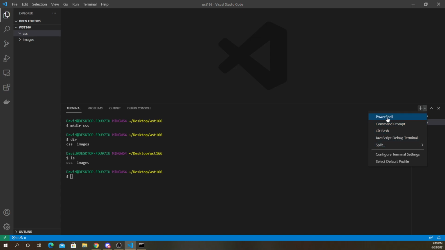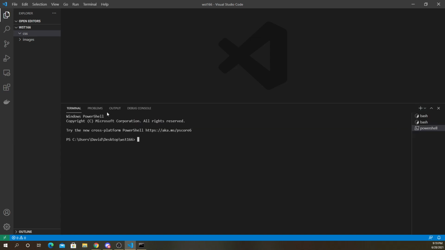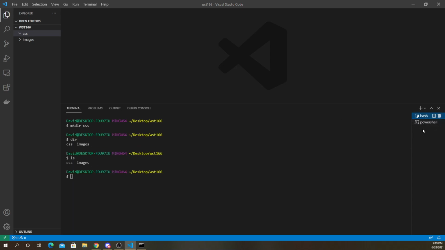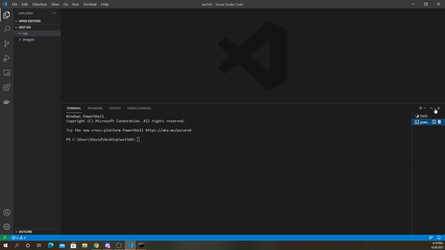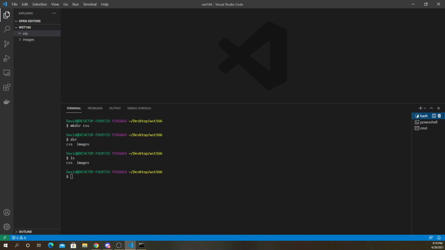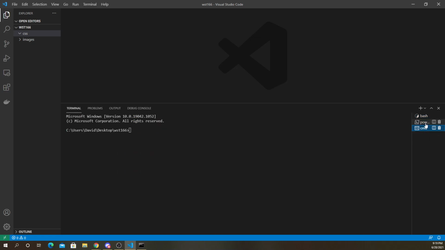If I click on PowerShell, now I got a different one here. You could actually have multiple. These two are using bash. Let me get rid of one. So this is bash, this is PowerShell, and then we can add command prompt. So they're all different shells, but they're all using this command line interface.